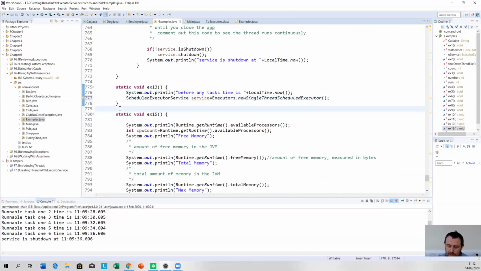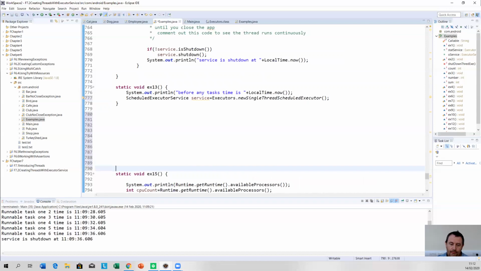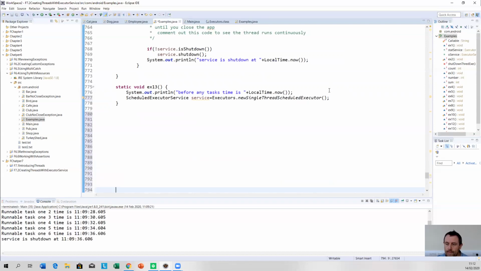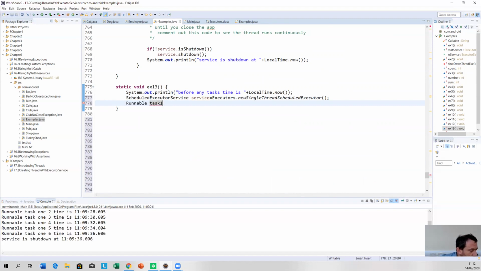Just take this one out of the way for now. All right. Now, these scheduled executor services can only take Runnables. Okay? Can only take Runnables. So I'm going to create a Runnable task here. I'm going to call it task1, is equal to, so